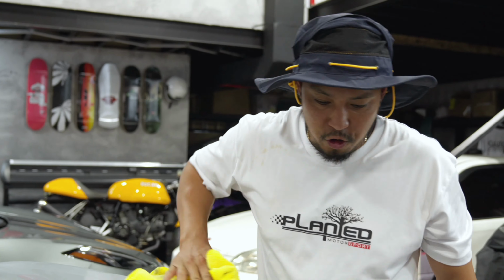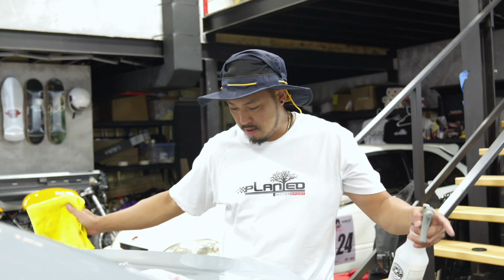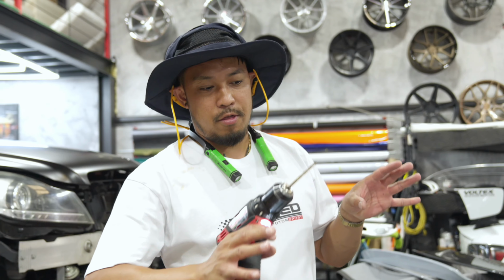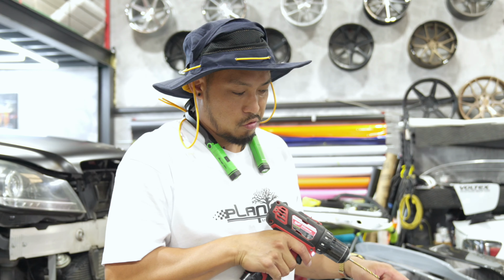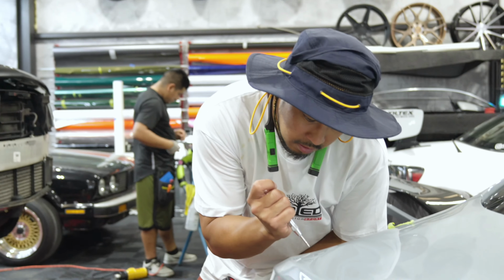After removing all the glue, now it's time to test fit the new spoiler. Mock it up, glue it up, put it up, done. So we put the spoiler on the trunk to mock up where the holes are. So now we've punched some holes with a hole puncher right here. What I mean by punching a hole is...